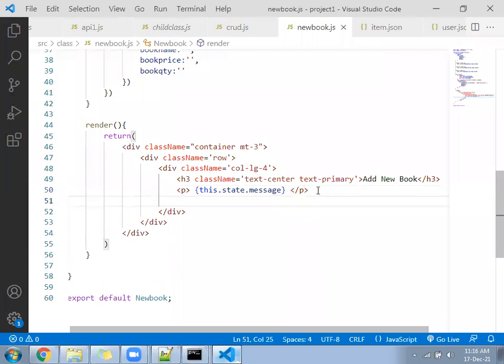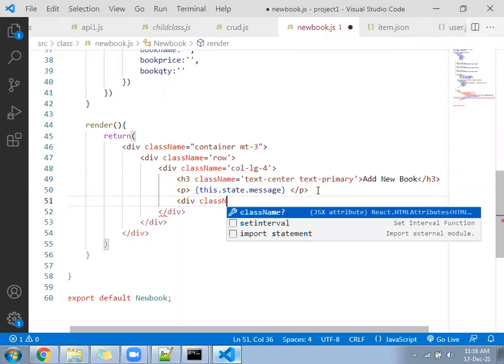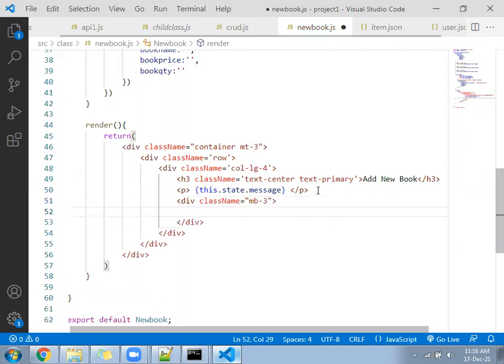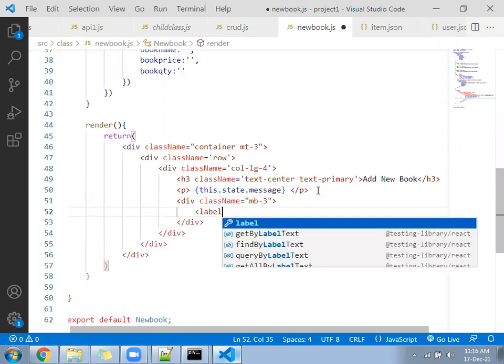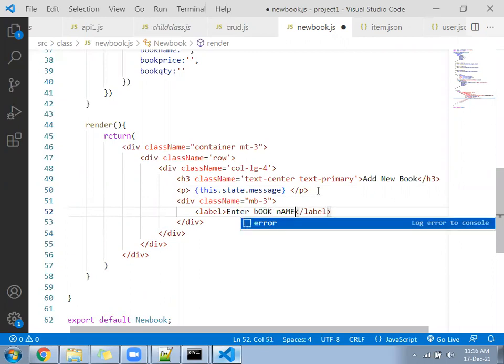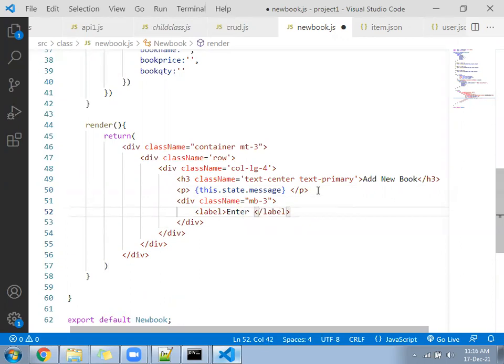Div, className equal to mb-3. Label, enter book name.